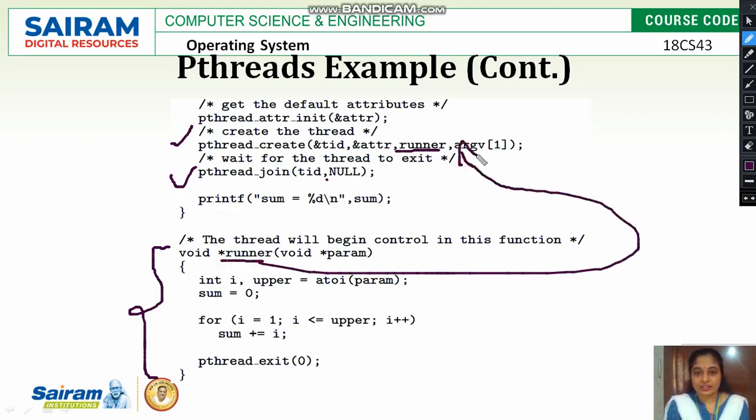Once the function runner is called while the thread is created, the thread you have created will already have executed this runner program with the parameters. So it has calculated the sum for the values of i from the command line arguments passed. So that sum can be printed in the main program, where the runner function, instead of being executed by the main thread itself,